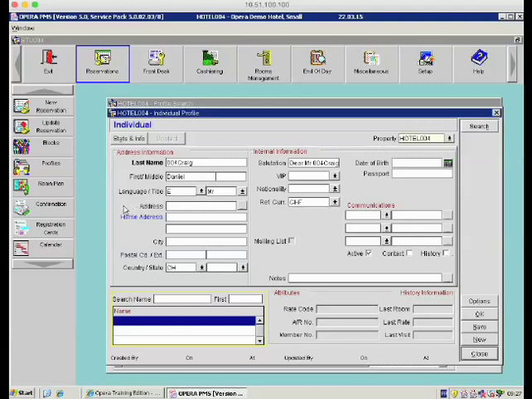Then we need to enter his address, and we were given his home address. Make sure you don't confuse between the address and the home address. Depending on which window you are on Opera, sometimes these two addresses will be swapped. Therefore, you will have the home address and then the business address. But we have his home address, so we enter 007 Secret Service Lane, city is Hollywood, postal code is